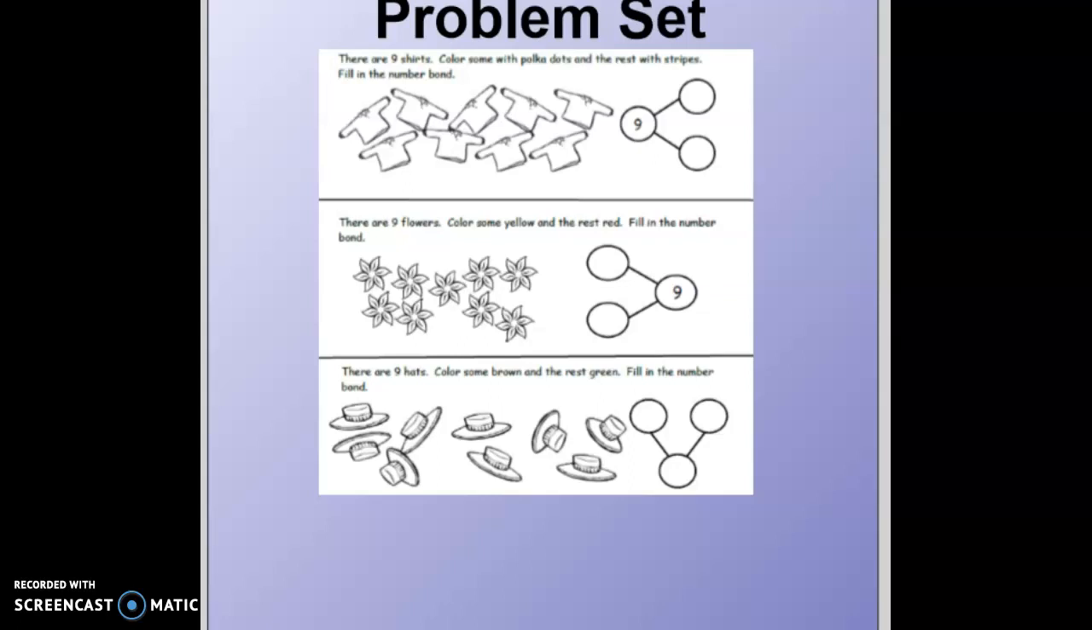What we're going to do for our homework is I want you to pause the screen and I want you to do this problem set, okay? So you can either draw 9 things and do number bonds. You can print this worksheet out. You can make your own number bonds using number 9. However you want to show me that you understand there's different ways to make 9, that's fine with me. But make sure when you do it, you do 3 problems, okay? So show me 3 different ways to make 9,